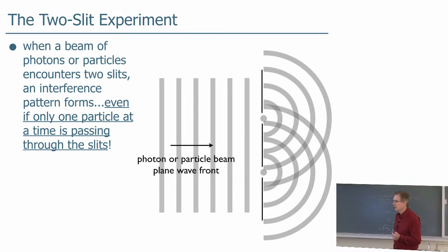In fact, on the third floor, Professor Jiandong Zhu is doing low-energy electron diffraction off of crystallized, biologically relevant molecules like proteins and so forth, trying to unravel the structure of them using this low-energy electron diffraction. He shines a beam of electrons on these crystals and looks at the diffraction pattern of electrons coming off. So this actually happens. You can take electrons, shoot them at a diffraction grating made of a crystal, and see a diffraction pattern. So yes, electrons do have this wave-like nature, and you can show it very easily.